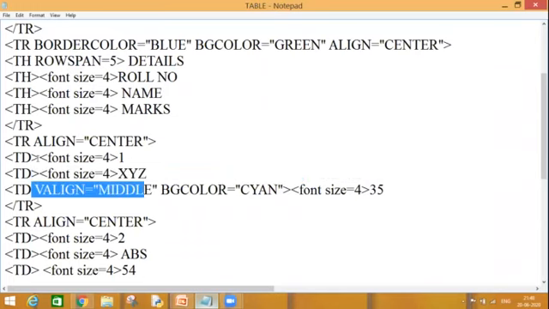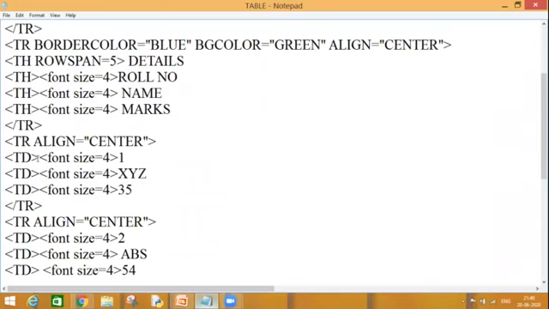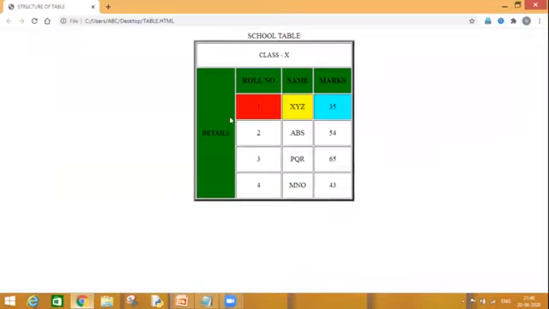Here I'm talking about this particular row. This is 1, XYZ and 35, right? I want to convert it into a single cell. So what should I do? 1, XYZ and 35. That means I want to do a horizontal span.